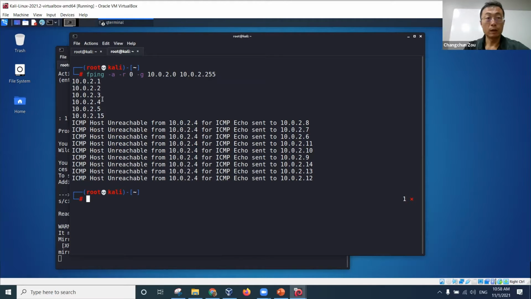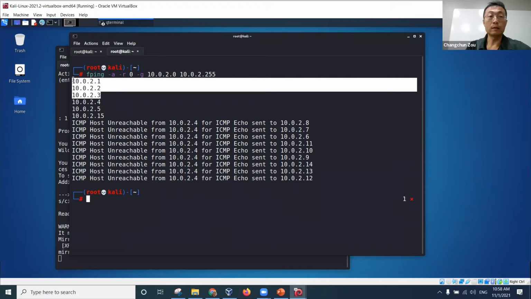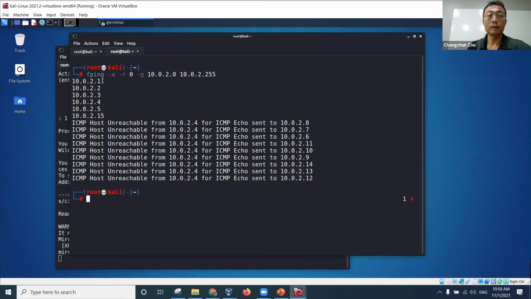So first, remember 2.4 is Kali Linux itself. 2.5 is a Metasploitable Linux virtual machine. 2.15 is a Windows 10 virtual machine. So we can see that all these IP addresses give a response. And these 3, 2, 1, these are virtual hosts created by the system. Like 2.1, you can think of 2.1 as a virtual router. Remember, everything we set up in the network mode. In my virtual machine slides, I mentioned that in this network mode,